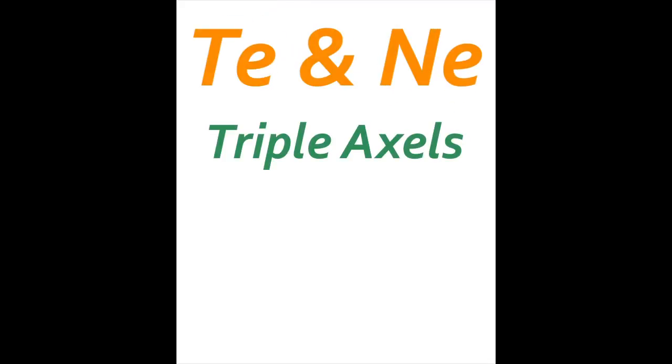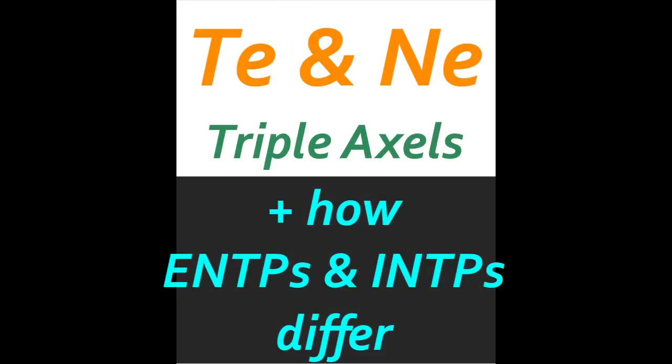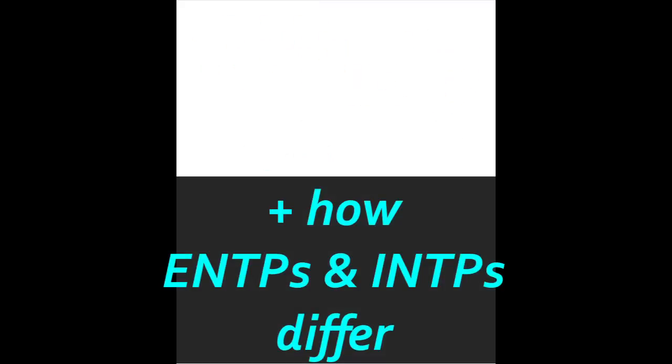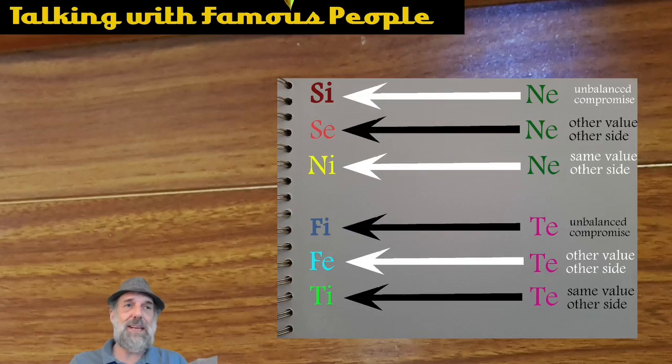I'm an NE Dom. That means NE is an absolute value for me, it also means SI is fourth. It's an instrumental value. If I was an INTP, it would be NE that was the instrumental value and SI that was the absolute value. But the instrumentality would still predominate the frame of reference.